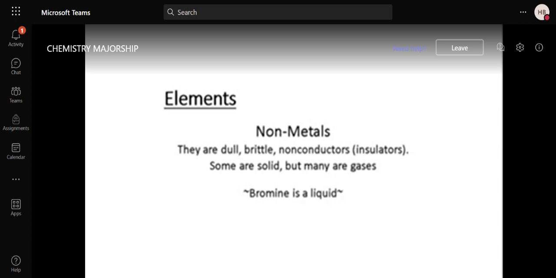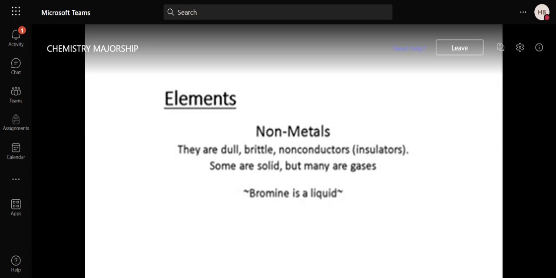Right? And it is dull. Kaya nga, ginagamit pang-reduce ng shine ng inyong mga mukha is powder. So, powder, non-metal yan. Okay, it's dull. Then,